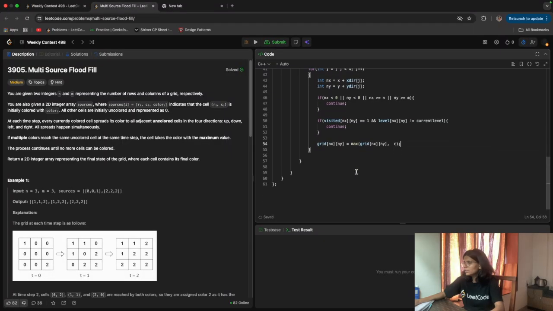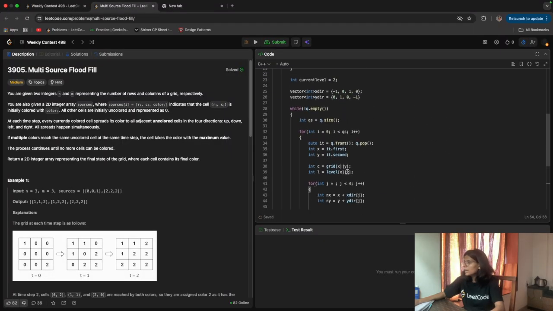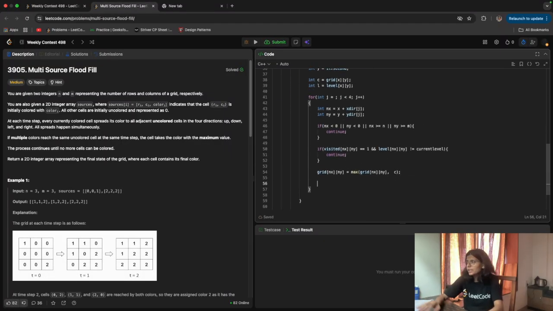I took it here, like color C is equals to xy. And after that, if that cell isn't visited, then visit that cell and push that cell in the queue. And yes, the level value, right?